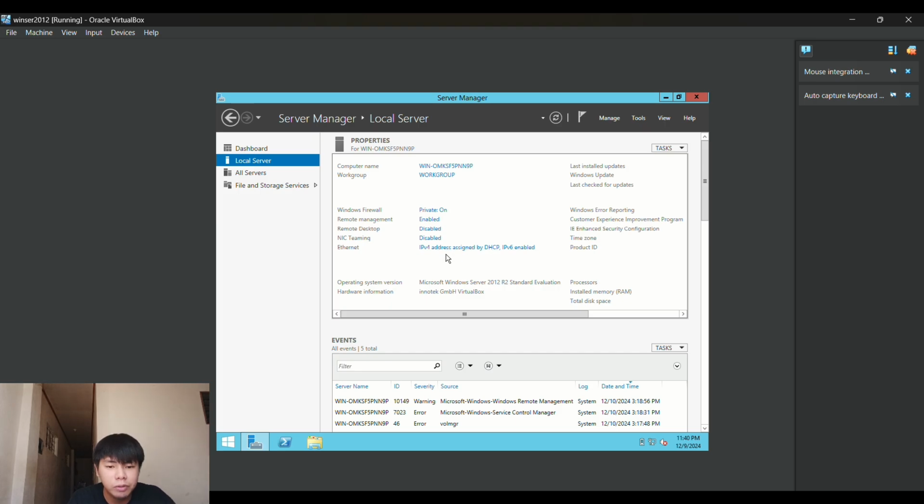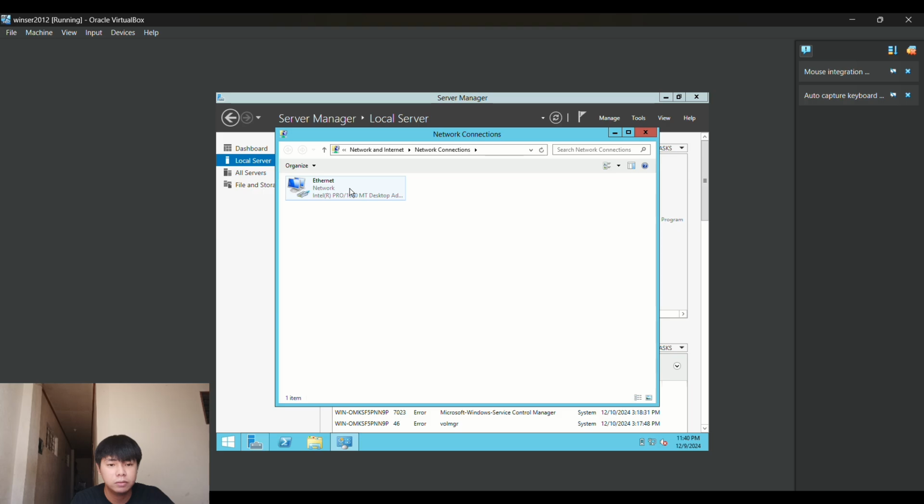In this section, you will see the Ethernet and select the IPv4 address assigned by DHCP, IPv6 enabled. Click Ethernet. Right click.